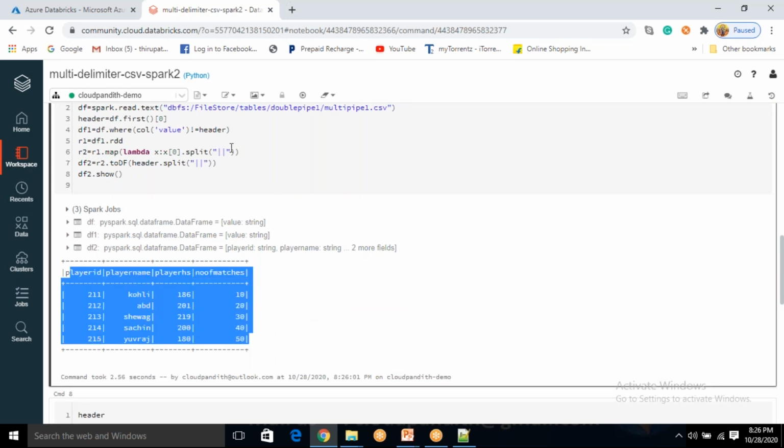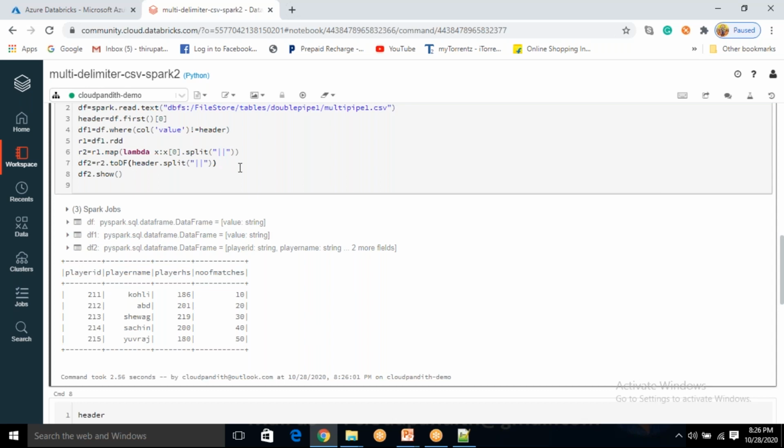So you are not able to handle this double pipe directly, but what you have done is you read this data as a text file and you have separated your headers from the file. Okay, so here by using where condition, you separated the header, then you are converting your data from data frame to RDD. In RDD, you are transforming this data. So you are splitting all the data sets and you will get a final R2. This RDD is nothing but your actual data, your transformed data. This transformed data you need to convert back to a data frame. I converted it into a data frame.